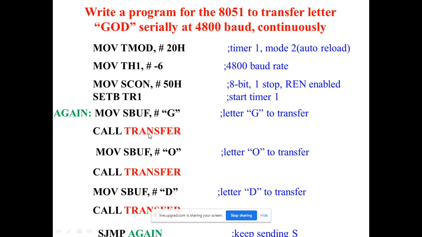We are calling transfer, meaning every time you are writing the same instruction again and again. First we are transferring G, then O, then D. Meaning we are writing that instruction again and again, and that time your program becomes huge. To avoid that, we write one subprogram and we are just calling that subprogram